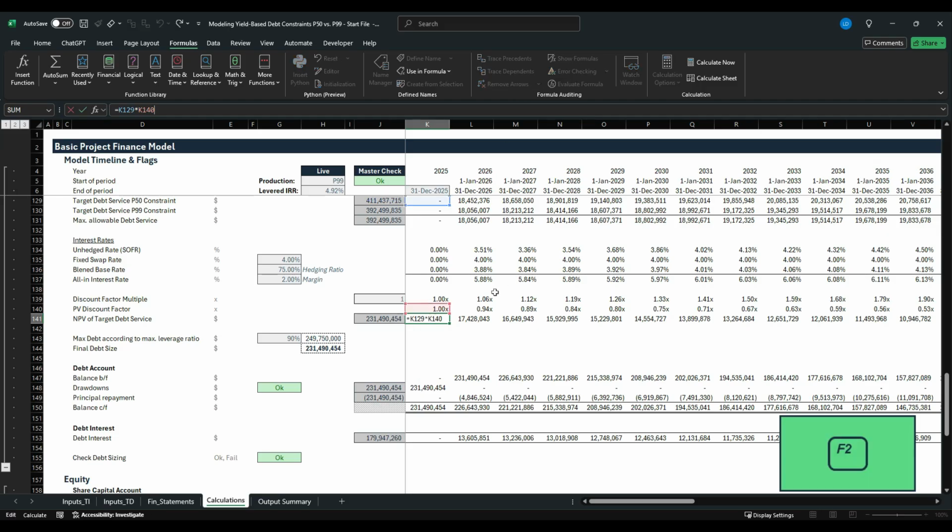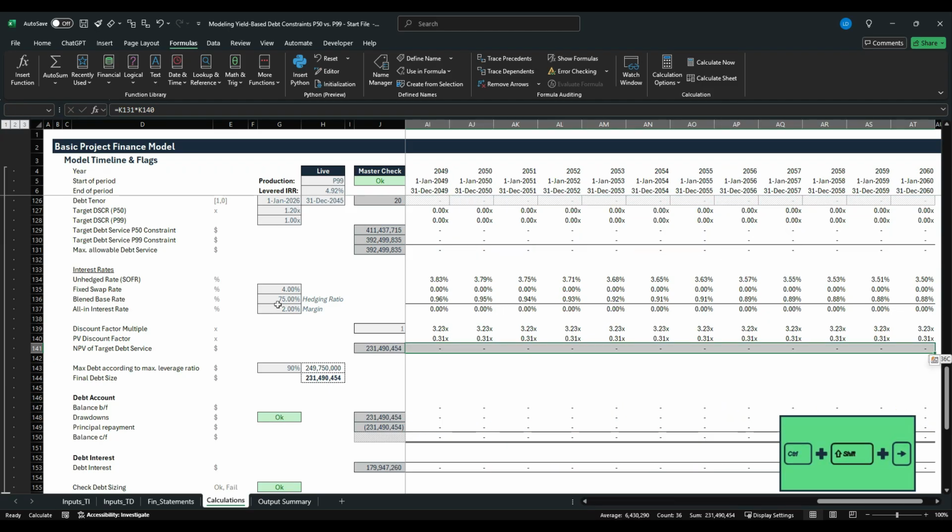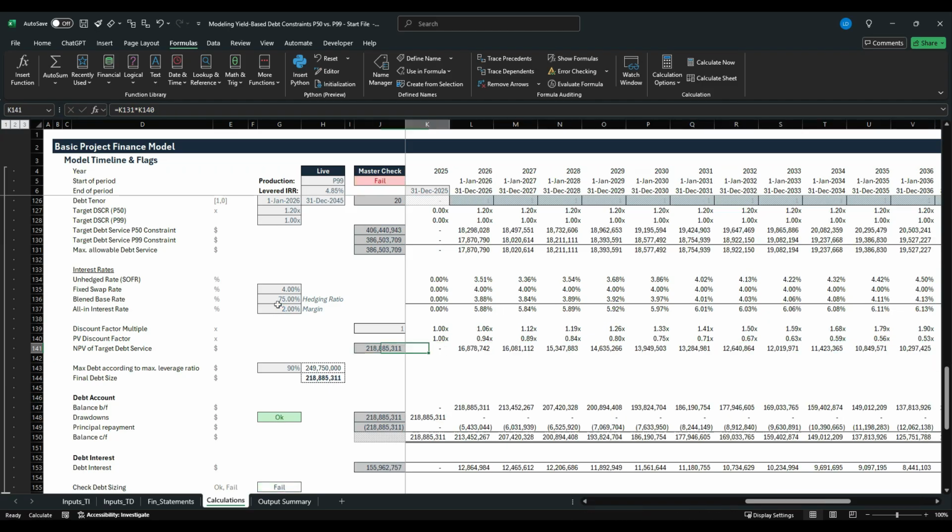Remove arrows, hit F2, and here we sized our target debt quantum based on discounting our target debt service based on maximum allowable debt service. So let's refer to this row here, drag this over, Control R,